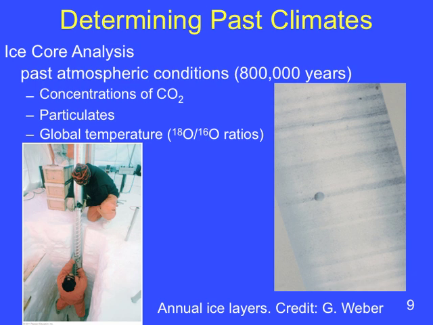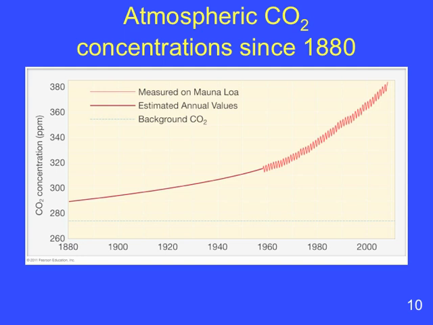This is really a brilliant way to constrain what Earth's temperature has been doing in the past by just looking at the relative abundance of these two oxygen isotopes. Slide 10. So from the ice core record, if we look at data since 1880 on CO2 levels